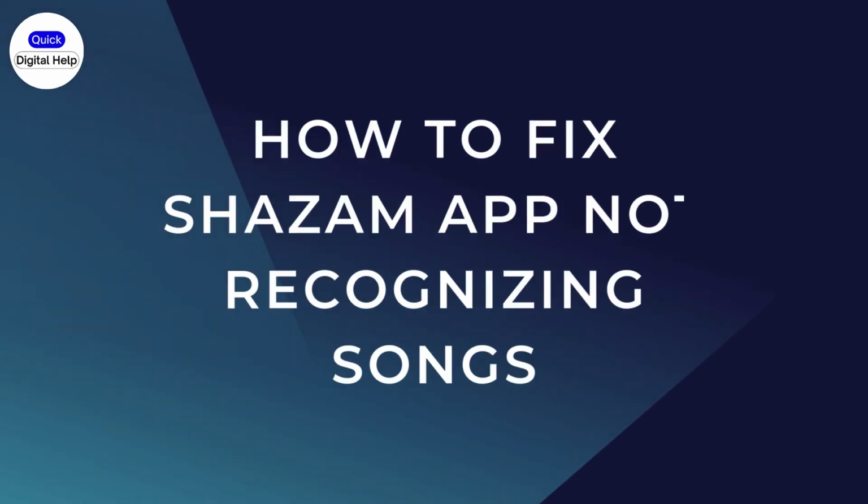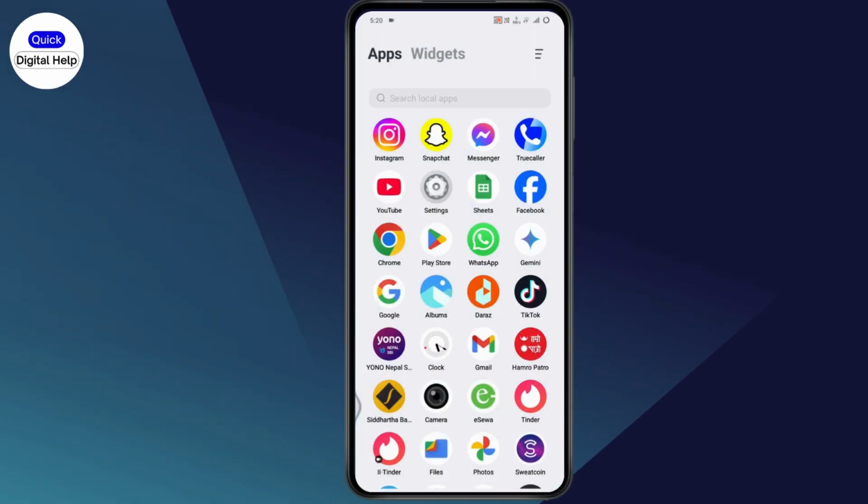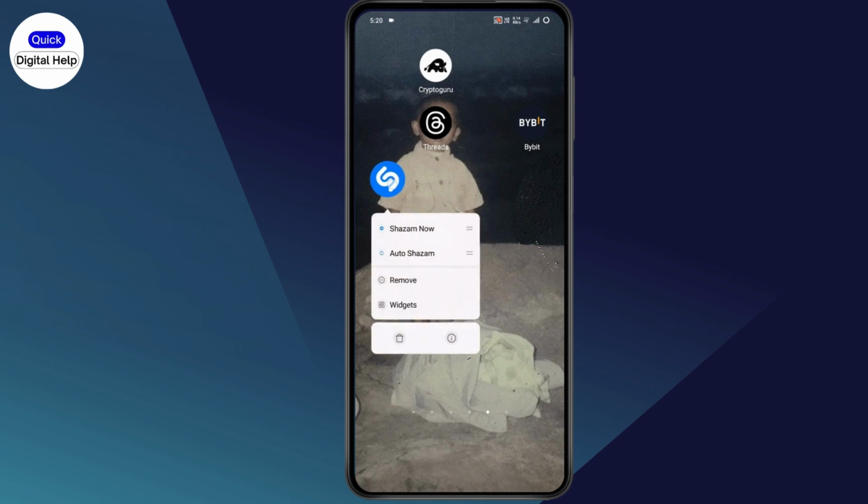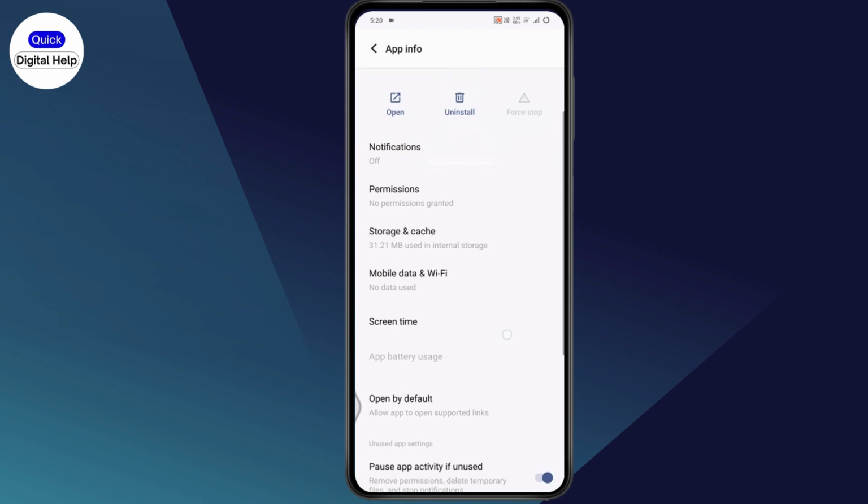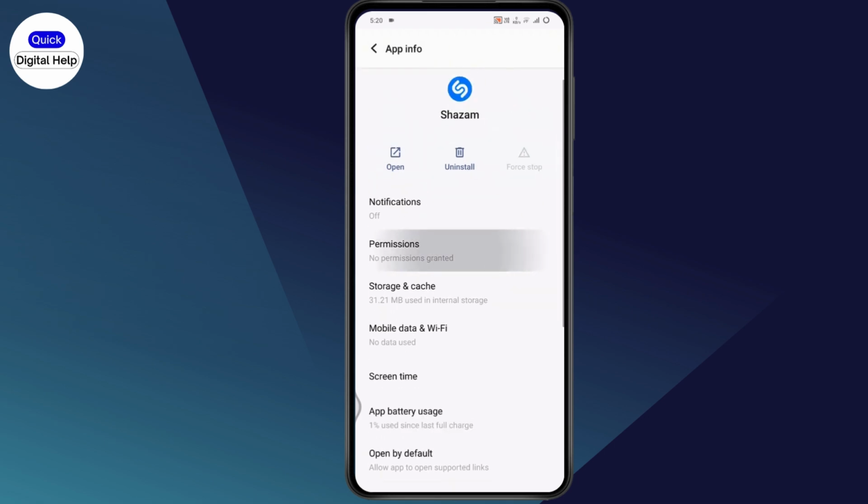How to fix Shazam app not recognizing songs. So if you want to fix Shazam app not recognizing songs, then what you need to do is you just need to simply tap and hold on to your Shazam application and then go with the app info. Once you're under the app info, you need to scroll down, and here you just need to simply go with